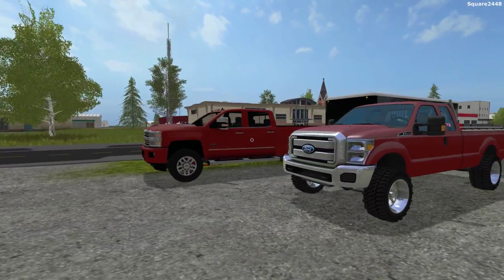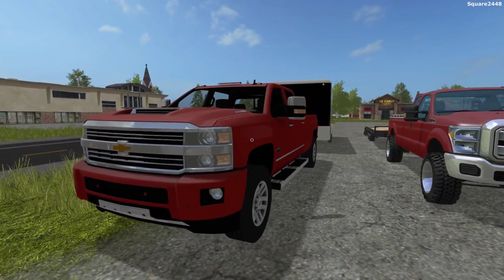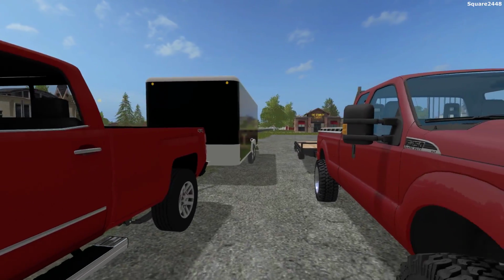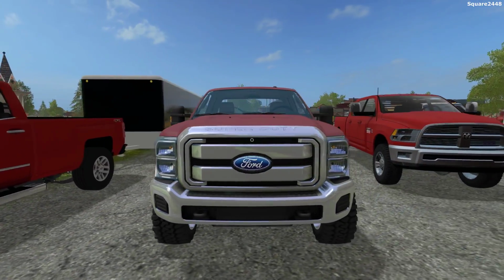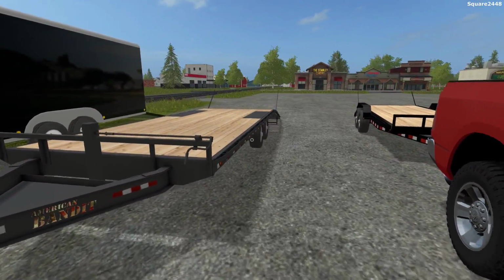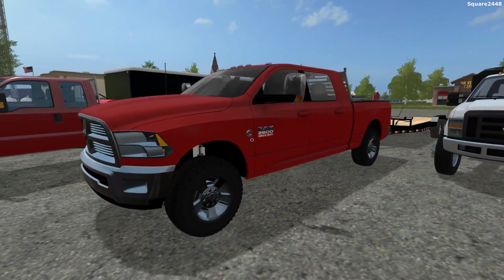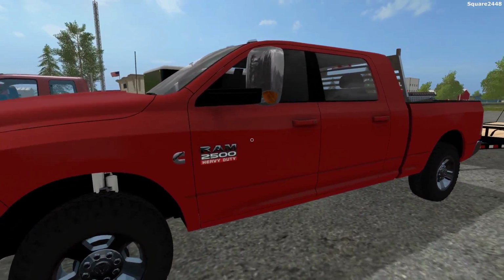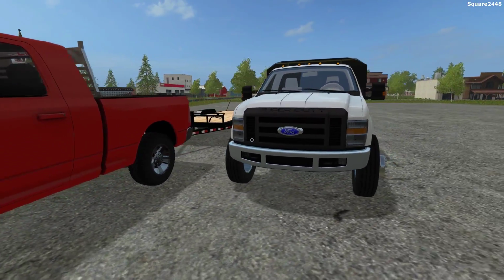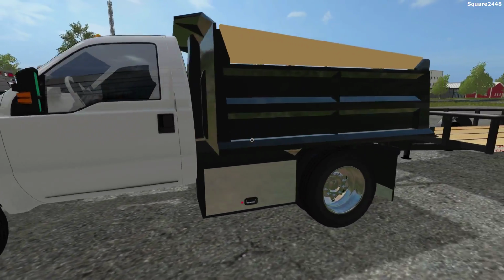Up first, we'll be using the brand new 2016 Chevy Duramax 3500 High Country, and we will be using a 25-foot enclosed trailer. Next up is a 2011 Ford F-250 Extended Cab with our brand new trailer. Up next, we have a Ram 2500 Crew Cab Cummins, and we do have the tow mirrors along with our brand new trailer. Our brand new dump truck will be this Ford F-350 single cab